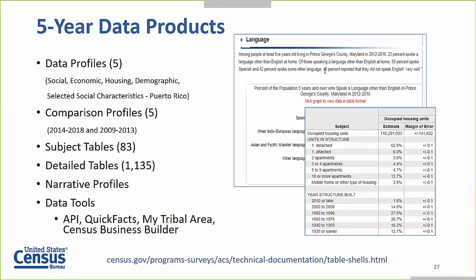Subject tables, we have 83, contain estimates and percentages with detailed information by topic. We have over 1,000 detailed tables. They contain the estimate and margins of error only, organized by topic, and are the most detailed tables in the product package. Other products reside on different sites and will be available on December 19th, including our narrative profiles and other